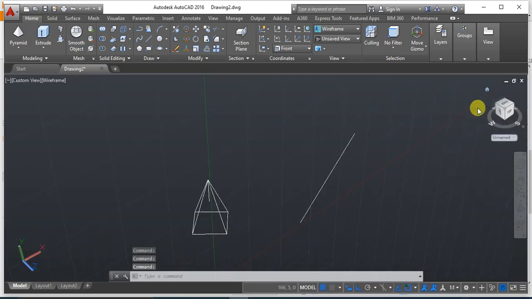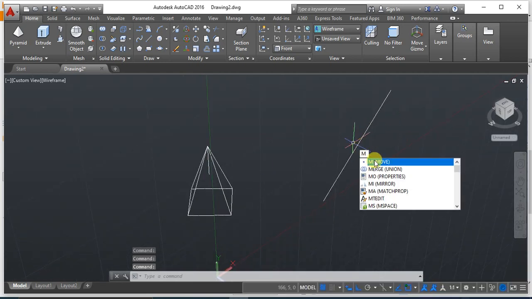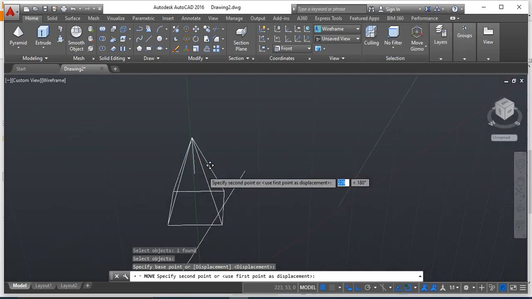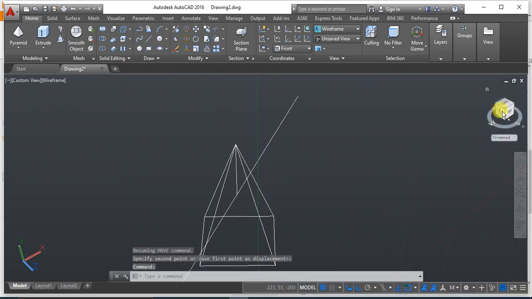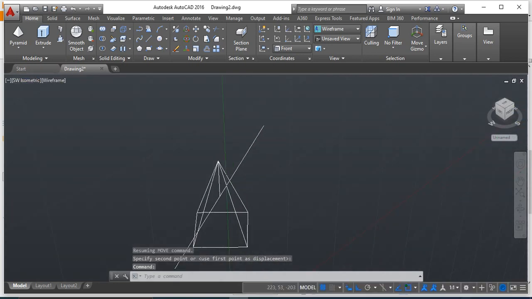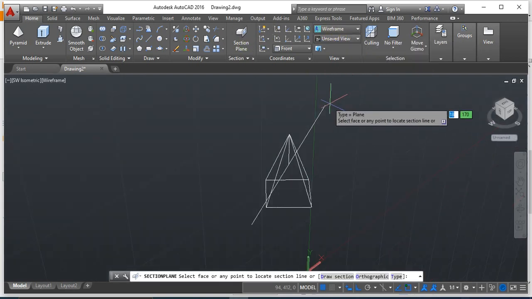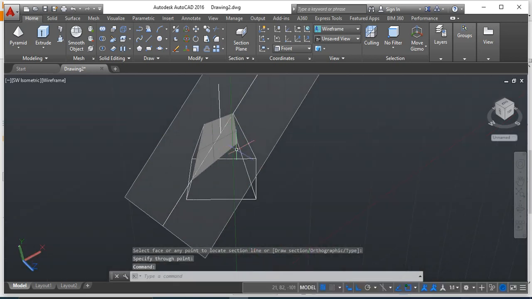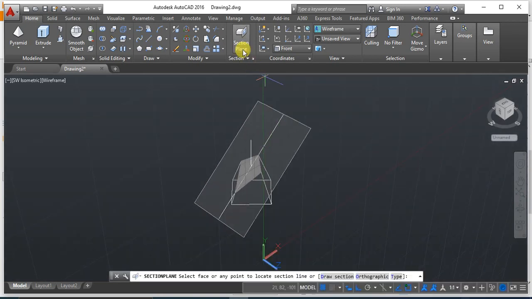So now how you have to make this line come here is use move command, select this line, select the central part which is where the delta is being visualized, and ensure that it is meeting at this particular point. Okay, now you got a line which is sectioning this object. Okay, so after this switch to the sectioning plane, draw this end to this end, and it has sectioned the object at 40 degree. Okay, after this you repeat the process of creating a sectioning plane.